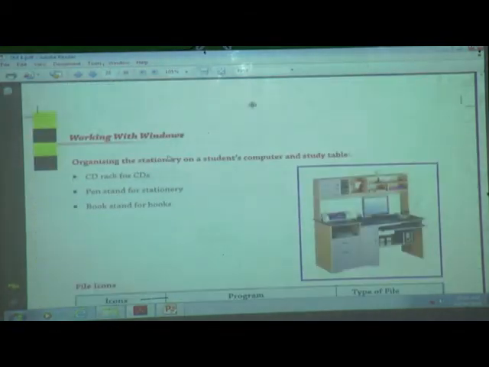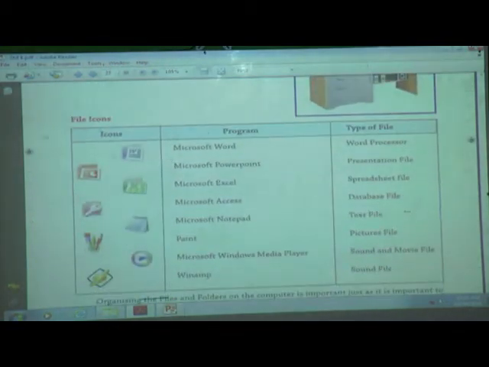Now our next part is file icons. Means we can create different files. Suppose these are the icons, and what is the name of these icons and what is the use of each icon? We will see here.